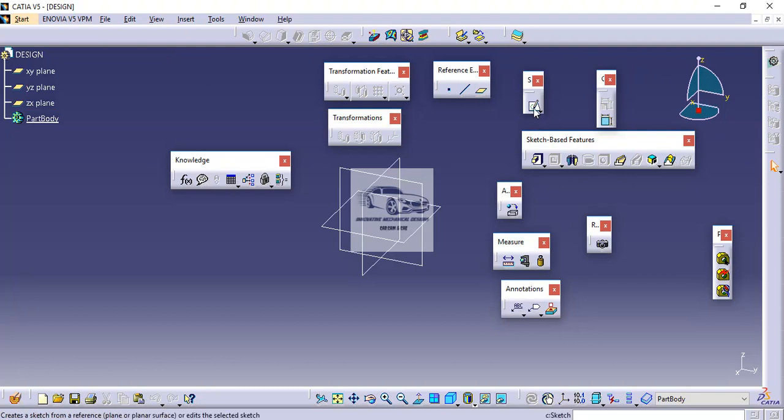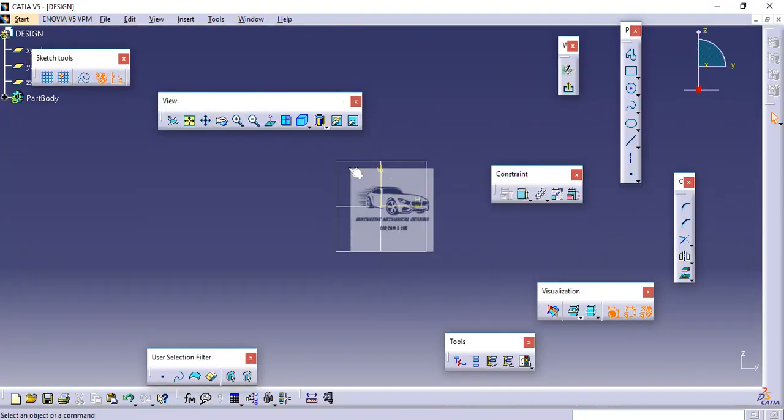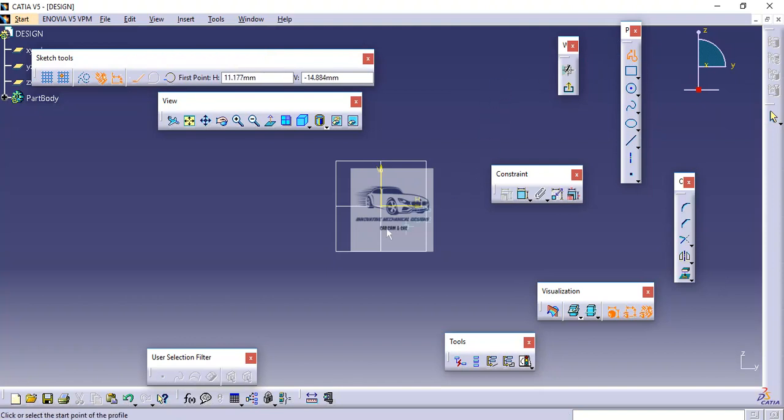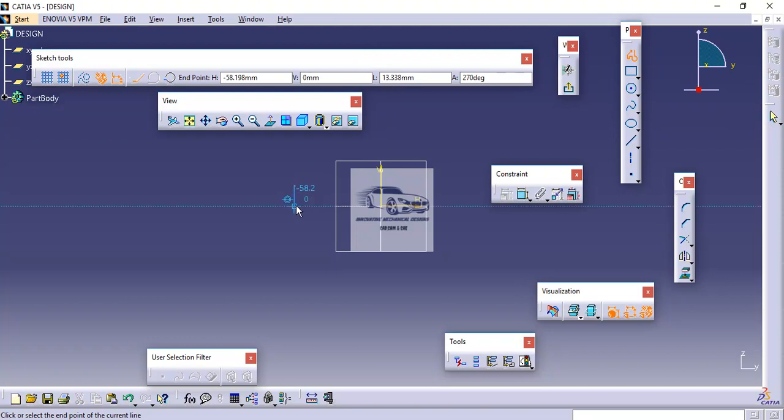So we will start by sketching on the front plane. Sketch, then we will select the front plane. Again, for drawing the profile, I will directly use the profile tool. Profile tool is always better to create linear profiles in a faster manner.